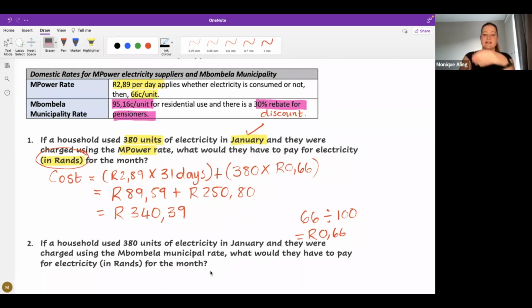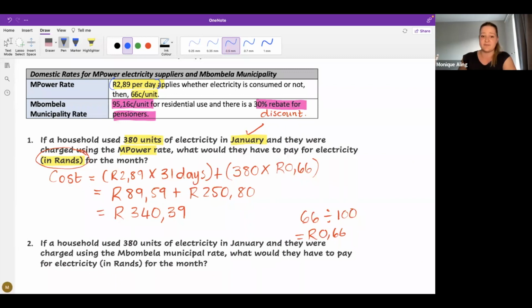Okay, Nomple, I see your question. Okay, so just quickly to explain the M-Power tariff again. Okay, I'm just going to use the color blue. So normally all we have to do is literally, they've given us all the information in this question. They told us firstly that they charge